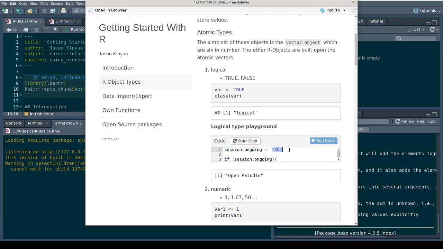If we change this to FALSE, it should be all uppercase, and they also have their short form. You can use T for TRUE, or F for FALSE. Let us use that one. So here we can have else, print: proceed with your normal life.